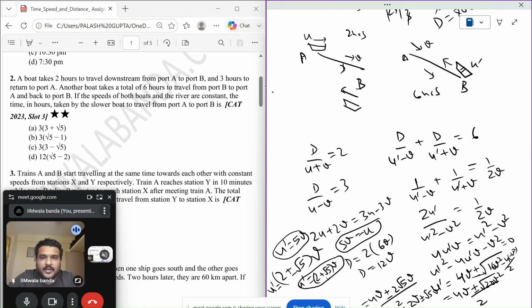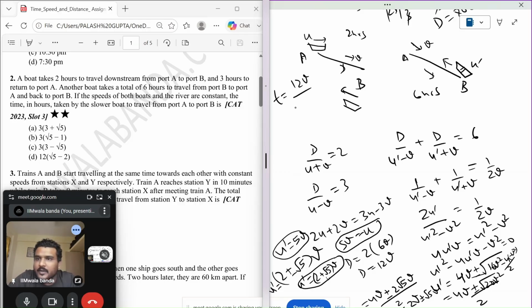So we need to find out the time, and time will be distance. Distance was 12v upon speed, and speed, time taken by the slower boat to go from port A to port B. So we know the slower boat will be u dash. This is the slower boat, and it is asking the time taken by it to go from port A to port B. When it is going from port A to port B, its speed will be downstream, so it will be greater. So u plus